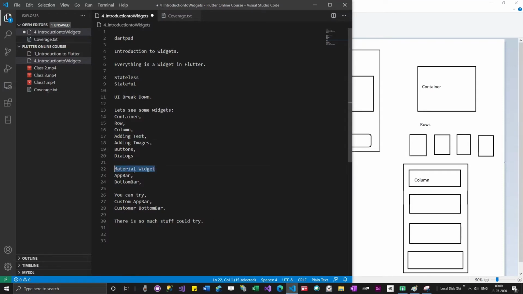Okay, so let me give some background about this material widget. Probably whoever might have tried HTML, like web programming, might have found that it is very difficult to maintain style. For example, one button will be in one color, the other button will be in another color. You have to maintain a centralized CSS file. As the project grows, the CSS file will grow a lot, and then you will end up following a different style for each button, and new buttons will not have the same style. So these kinds of problems you'll be facing.